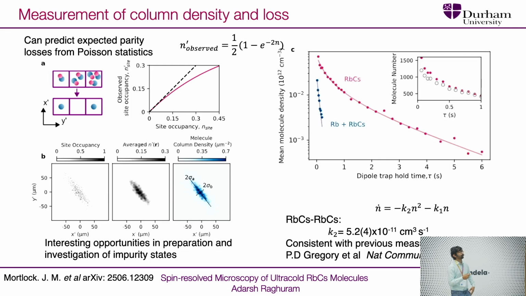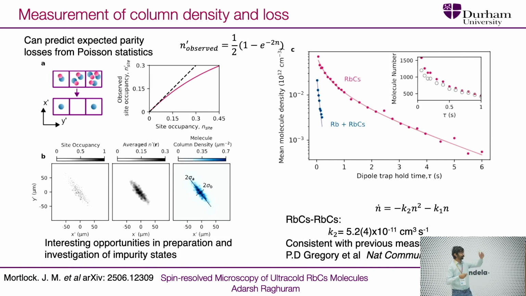And then we can do some loss measurements. The red curve here shows this typical loss measurement. Over here we've trapped rubidium cesium molecules in the light sheet for different amounts of time before turning on the pinning lattice and imaging them. To point out how powerful this is, this point here is about 300-400 molecules. That's all the way over here on this plot, and the y-axis is a log scale. So when we get all the way down here, we're imaging decay quite well with 10 to 20 molecules in some sense,